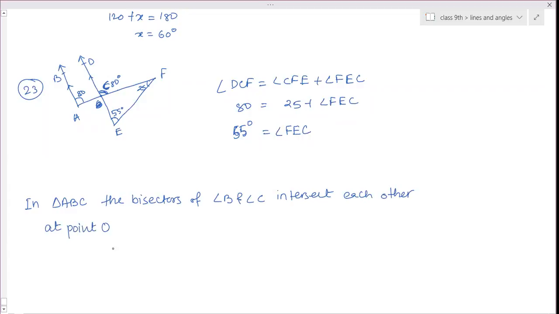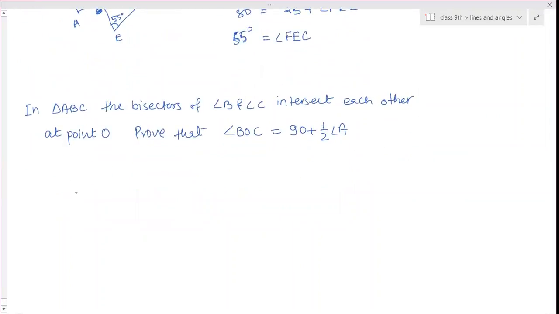Ma'am? Yes, Vishala? Here, this is the question. Till now you have done this as a solving question. The angle values were given, you had to calculate. Now here, values are not given. As a proof, we have to solve this question. So in this, what we will do, first draw the figure.